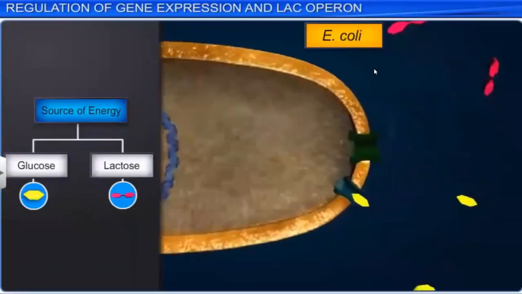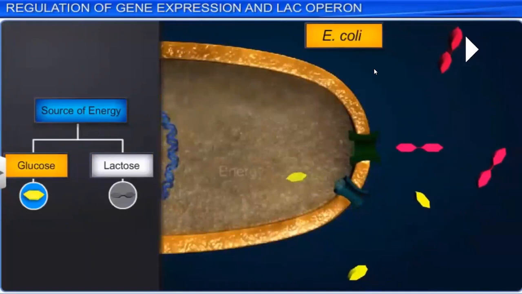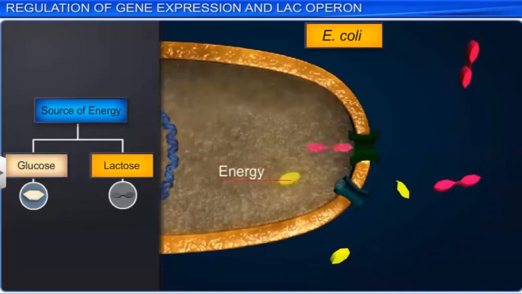For example, E. coli can use glucose, a monosaccharide, or lactose. Now, we are going to start with the next topic: gene regulation. I told you what gene regulation is. Regulators, as I always say, are what increase or decrease things. We have regulators for a fan and all, which increase or decrease the rate of any action. We call it regulation.